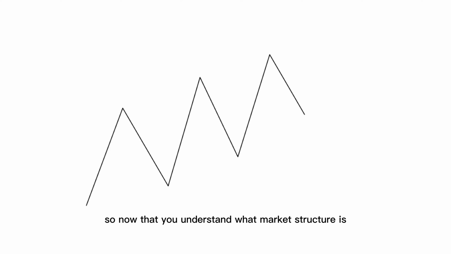So now that you understand what market structure is, on a basic note, you need to understand that market structure must be broken into two sectors, which is your macro and your micro. Your macro would be your higher time frame, and your micro would be your lower time frame. So let's say in this instance, these three swings here are on your daily time frame, and price is bullish. But on the micro, this is what price is doing, forming micro swings,